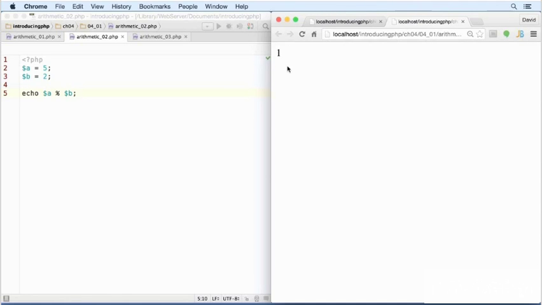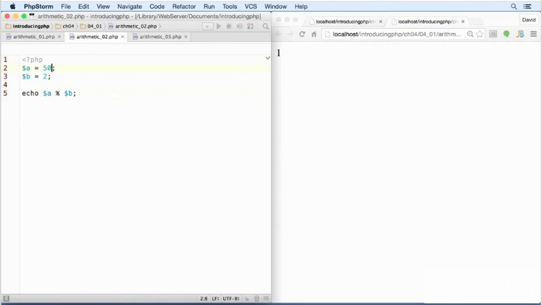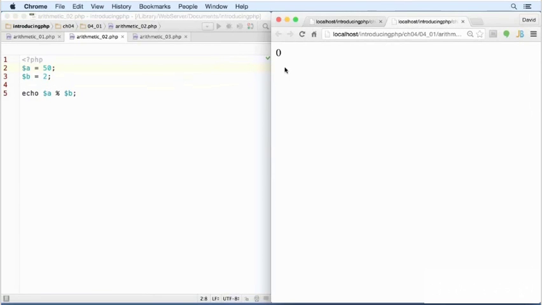When divided by 2, an even number leaves no remainder. So let's say we change this from 5 to 50. Save that. We're now 50 modulus 2. If we reload that into the browser, the answer is 0. So we know that the number is even. Now, we can see the numbers here, but don't forget that PHP is often working with dynamically generated values. So working out whether a number is odd or even can be very useful, and that's a good example of